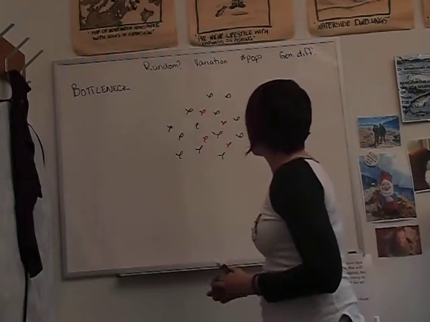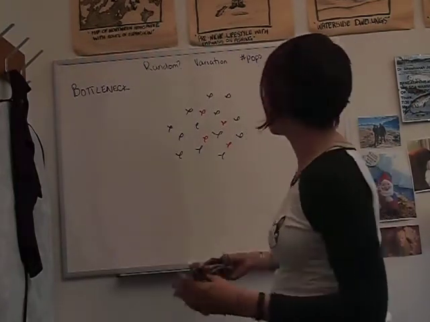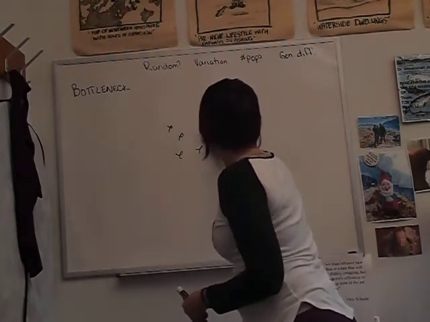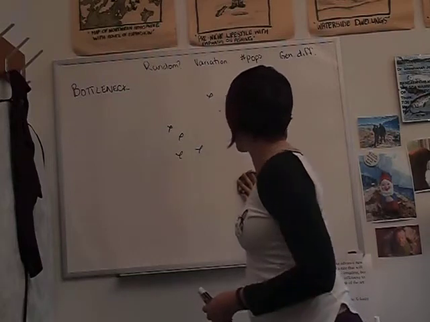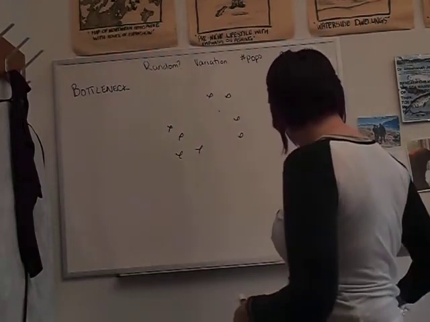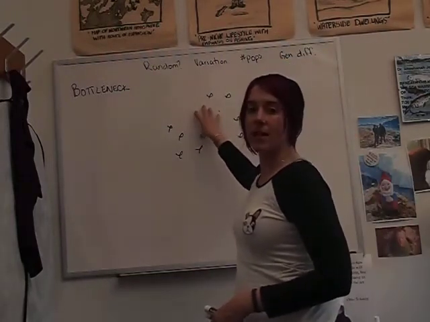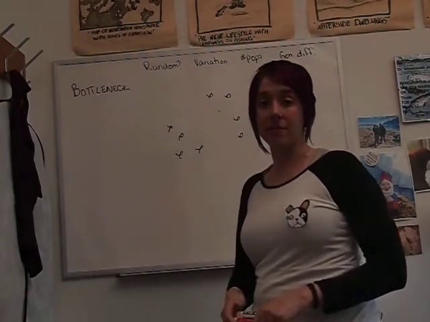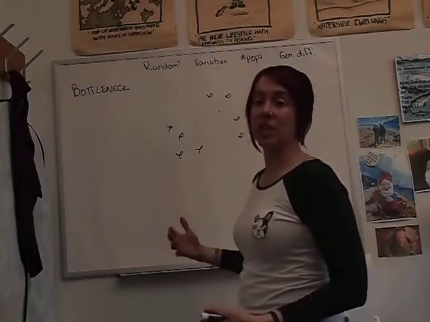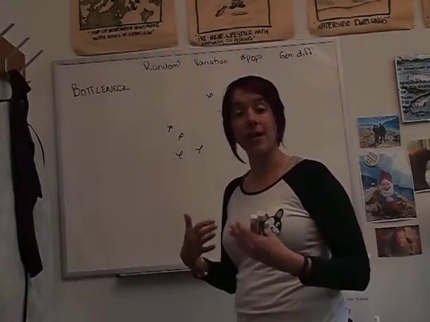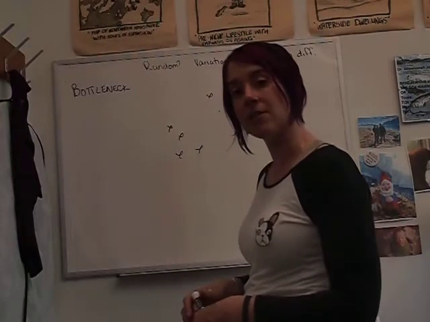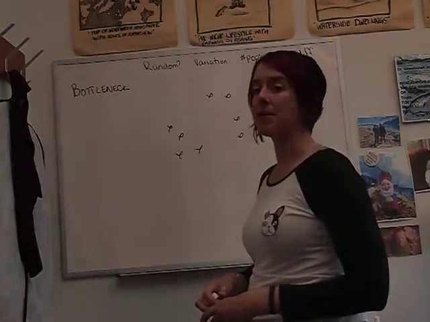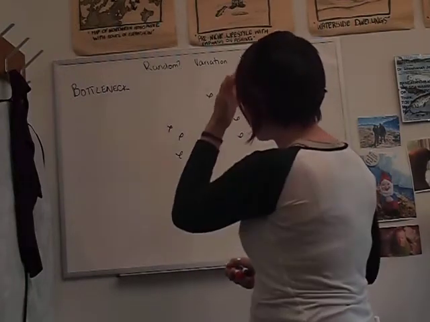Let's imagine that there's some kind of natural disaster, some kind of disease or something that dramatically decreases the population. So let's go right through like this, and there we go. We've had a dramatic reduction in the population where the number of individuals has decreased, and we happen to have lost the red X's, which means that there's been a change in the variation. So evolution has happened, there's been a change in the variation that's present in conjunction with a dramatic reduction in the population. So the question is, was this random?